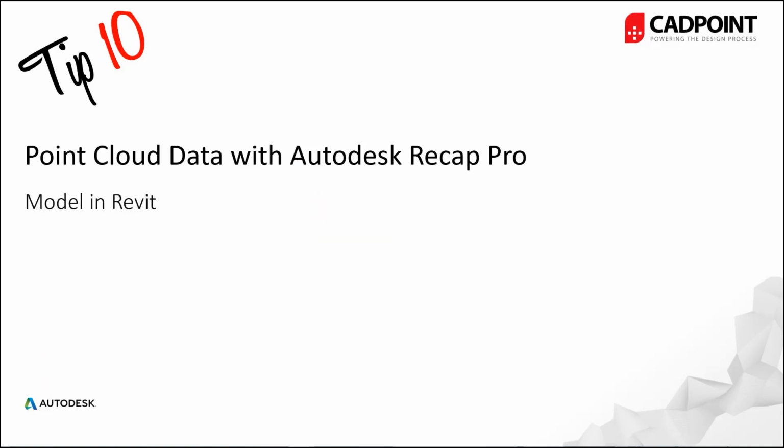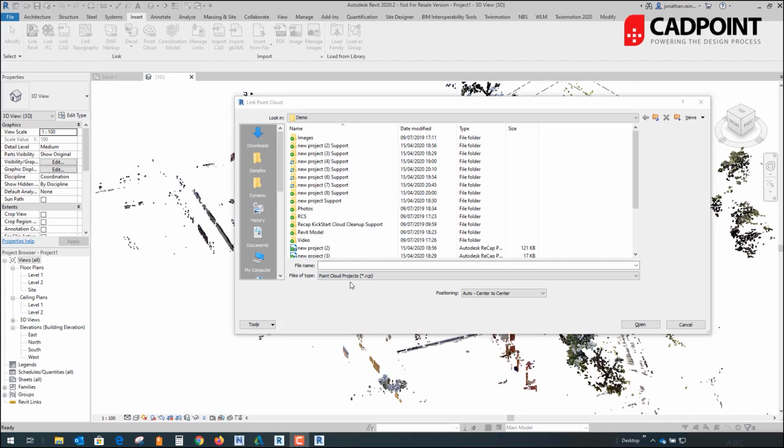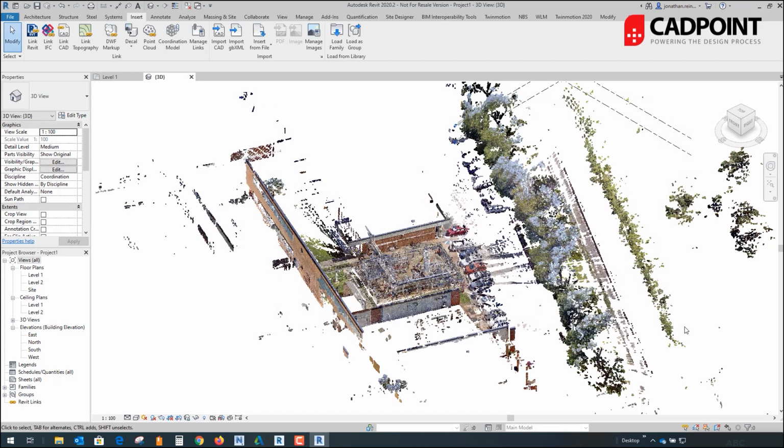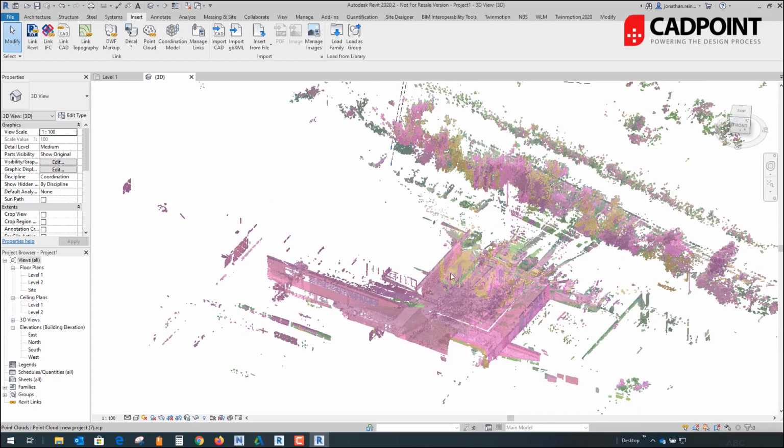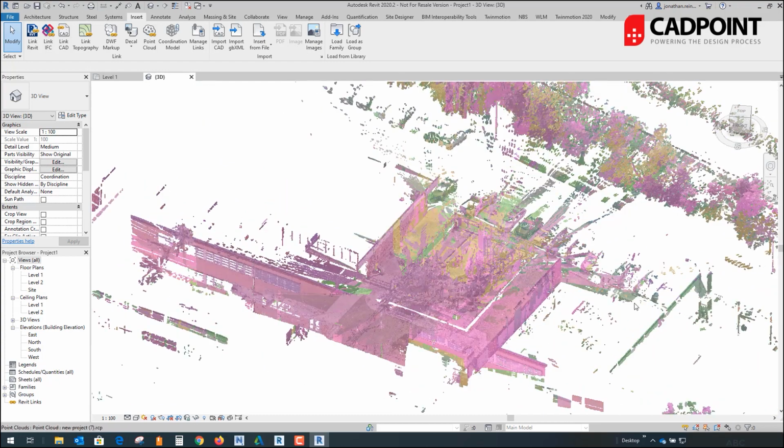So just when you're importing your point cloud file, it comes in as an RCP or an RCS file, but you can choose your positioning if you have a coordinate system set up. So I've imported this in the background now. You can see in my 3D environment, it's brought in my point cloud. You can assume that you'll have tidied up certain elements of this as well, now allowing you to start modeling